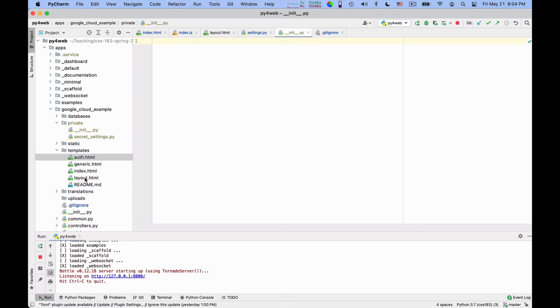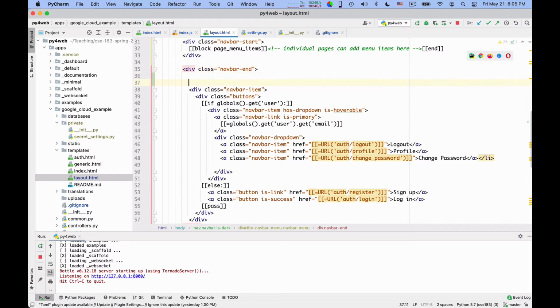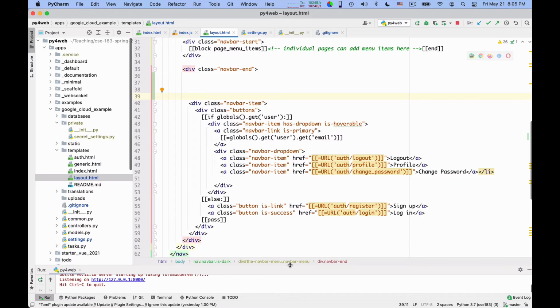We have here the layout, which is the master of all layouts, and I need to do a small edit to that. This navbar end is the right end of the navigational bar, and it contains all these various items. For the moment I don't delete them, but I will. I'm going to cut and paste something that I have in another app I wrote for the same purpose and explain what it is. In this way we should obtain a better looking login system for OAuth.